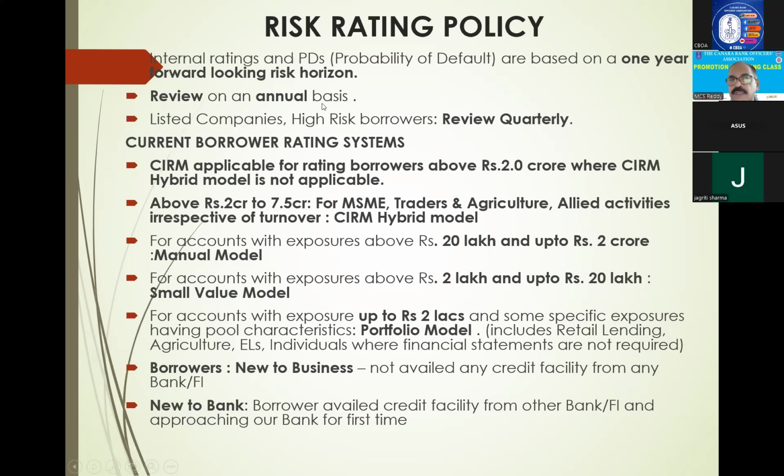Listed companies and high risk borrowers review quarterly. Normally review is on annual basis, but in case of listed companies and high risk borrowers, review is quarterly. Right? Next, current borrower rating system. Now 4 systems are there in a current borrower. CIRM,